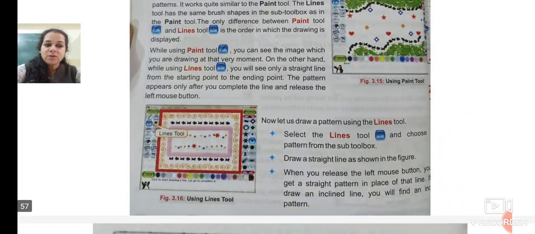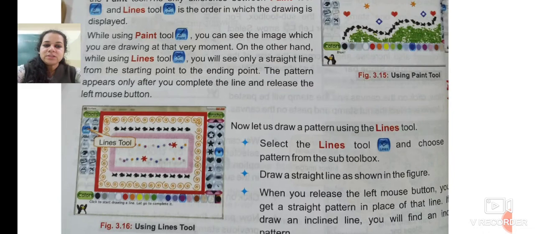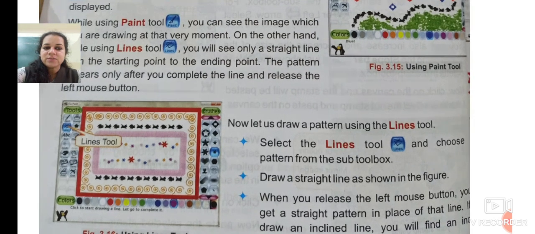Now let us draw a pattern using the lines tool. Select the lines tool and choose pattern from the subtool box. Means you will select the lines tool on the left hand side and subtool box on the right hand side. Draw a straight line as shown in the figure. As you can see in the figure, you also saw in the video, it was drawn in the same manner.